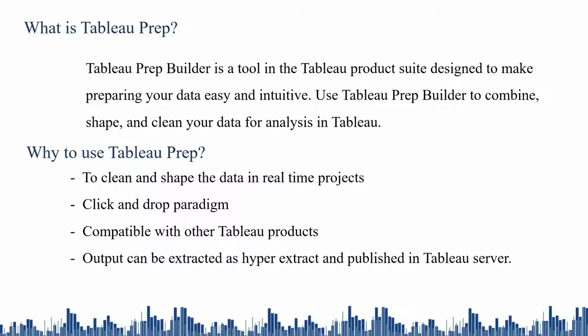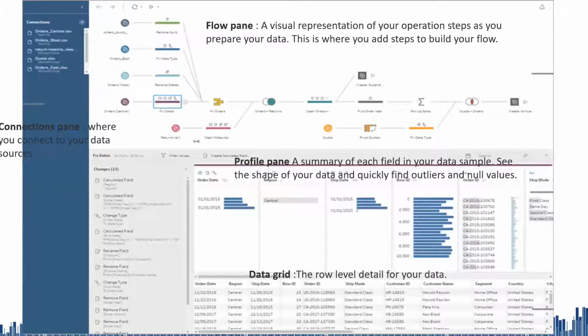So quickly we will get used to the interface. Once you open Tableau Prep, we will have four windows like this. The left one is the connection pane, where you would like to connect your data source; you just have to drop it here. At the top is the flow pane, and here the flow will be visualized: the visual presentation of all our operation steps to prepare the data. We will quickly go through what steps are involved.